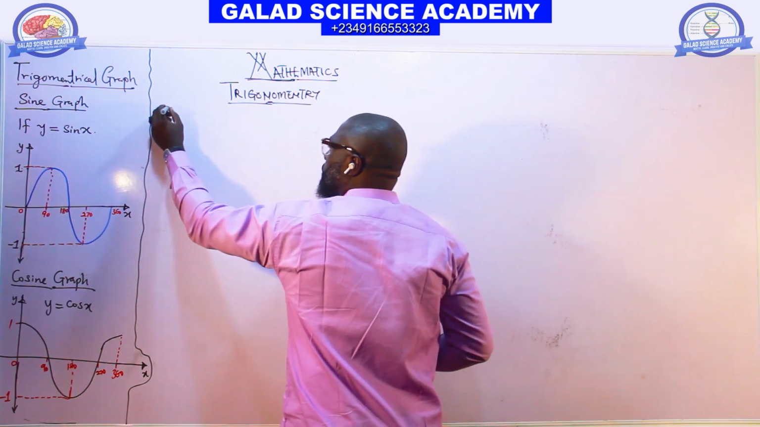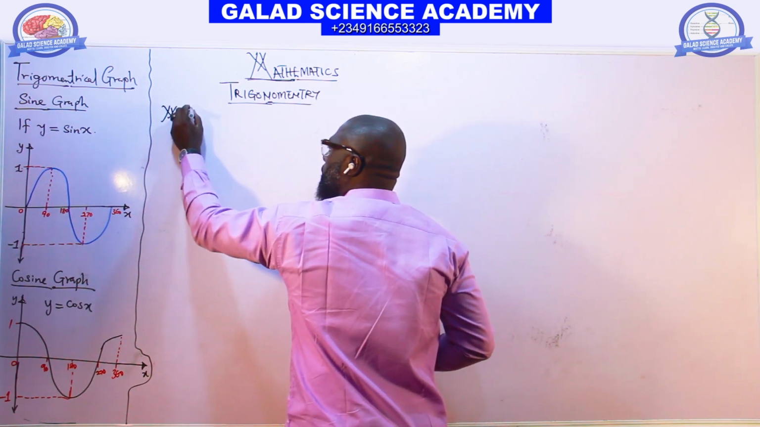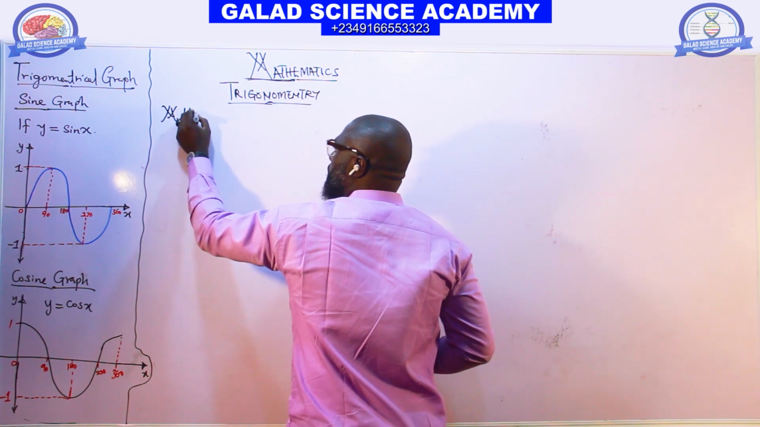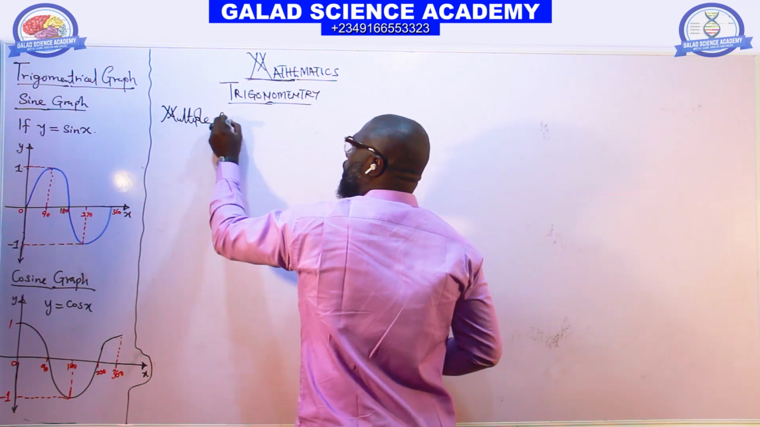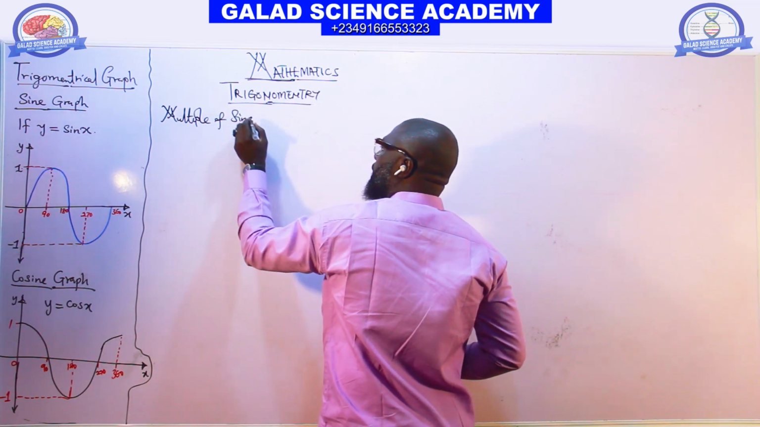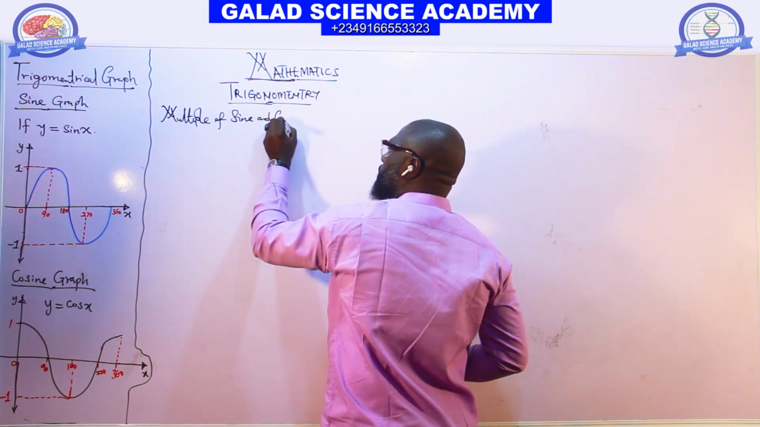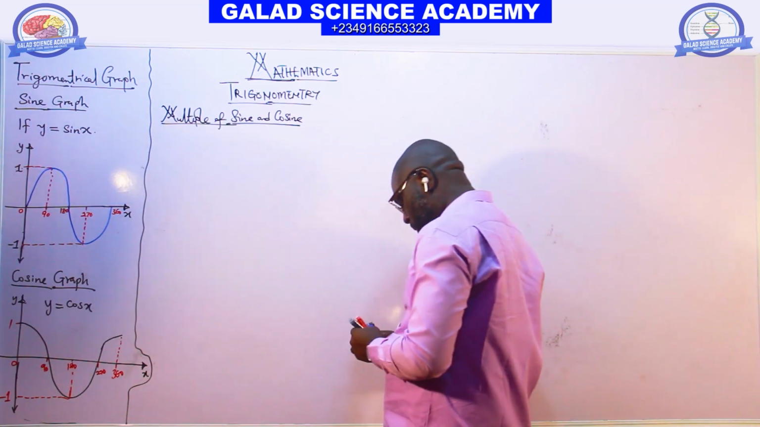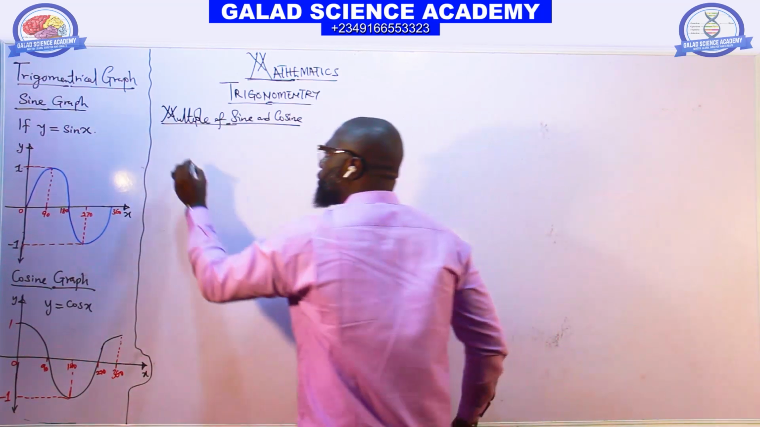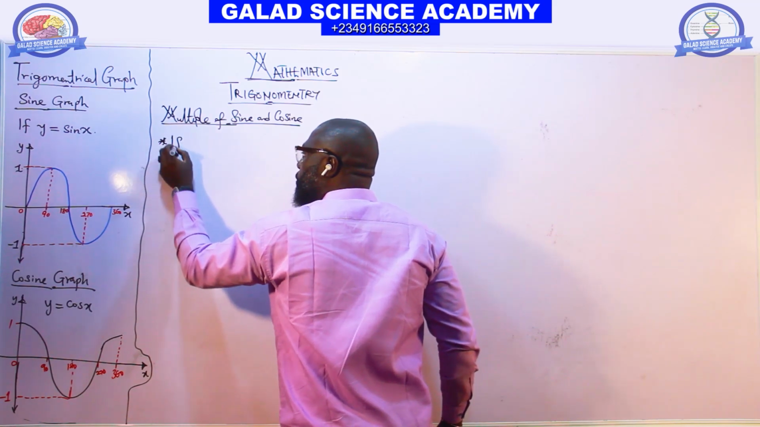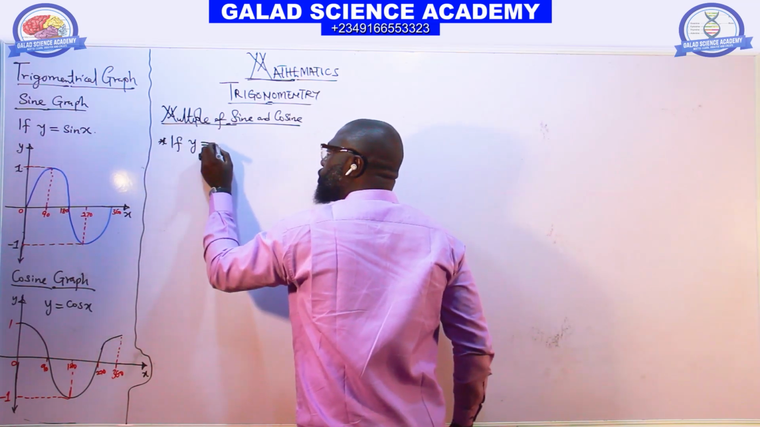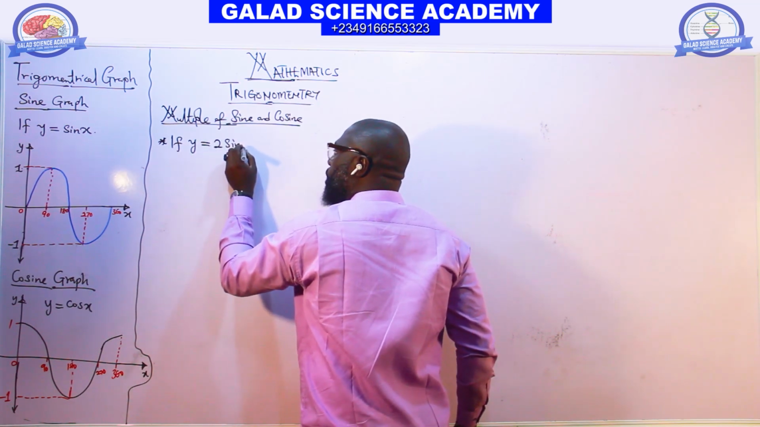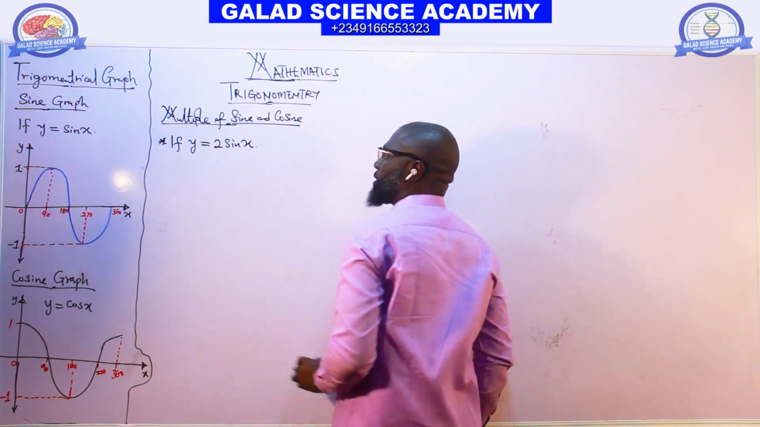Next thing is multiple of sine and for cosine. That is, if we are given that y equal to 2 sine x,